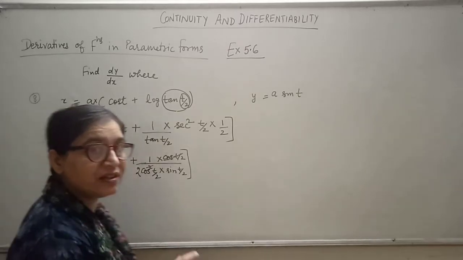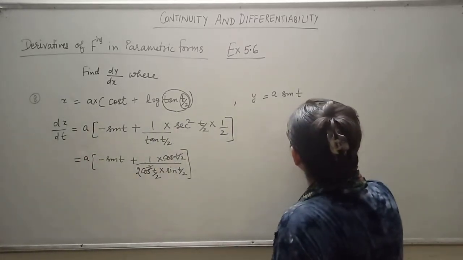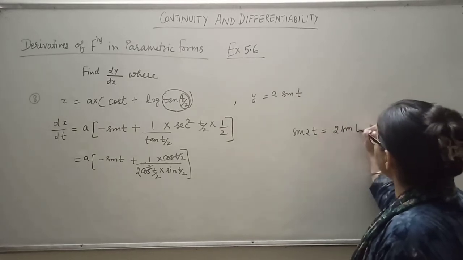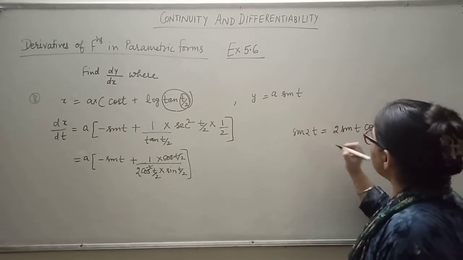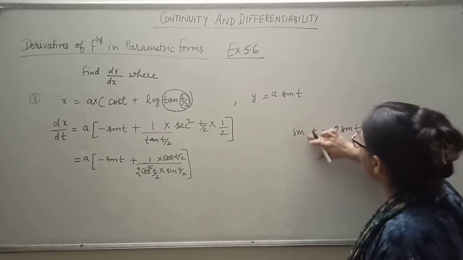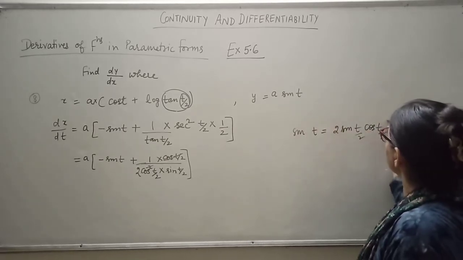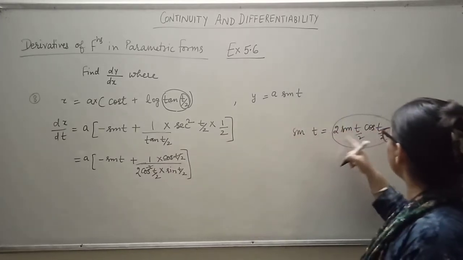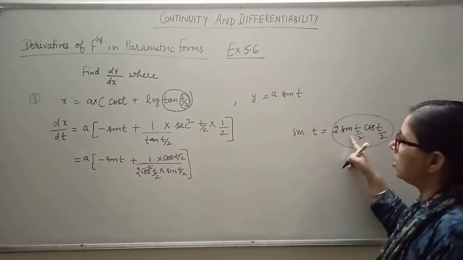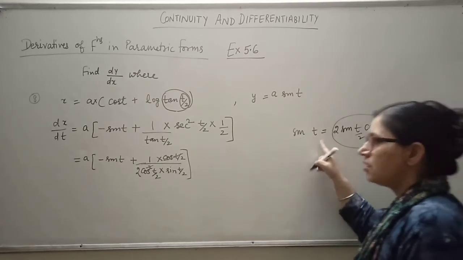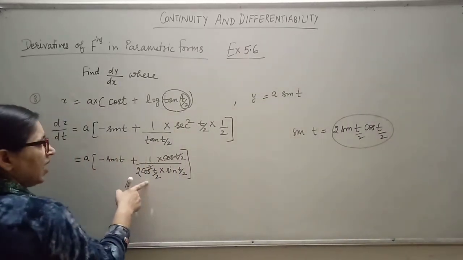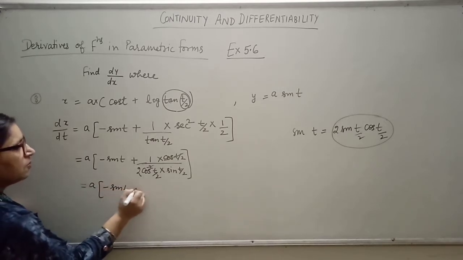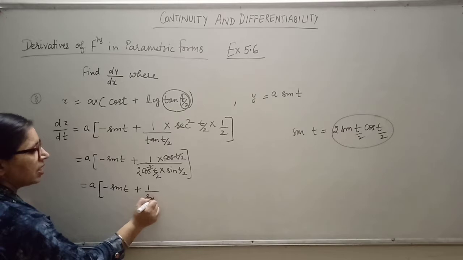अभी मैंने आइडेंटिटी लिखी थी ना यहाँ पर, मैंने लिखा अगर सपोज करो sin 2t होता तो ये क्या होता, 2 sin एंगल हाफ t cos एंगल हाफ. अगर ये यहाँ से 2t की बजाय t होता तो सब ये हो जाता. तो ये आगे आपके पास ये देखिए 2 cos t/2 sin t/2. It will become equal to sin t. So I can replace this by sin t. So it becomes minus sin t plus 1 upon sin t.